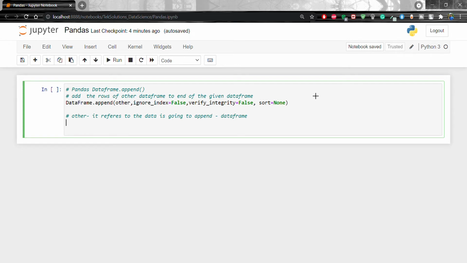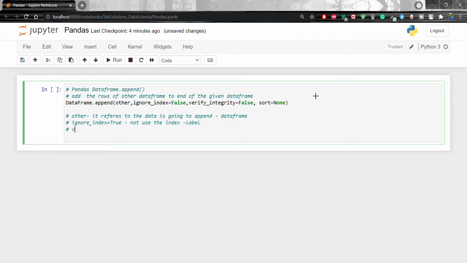Next is ignore underscore index. By default it will be false. If it is true, then it will not use the index level, that means the x or y axis.